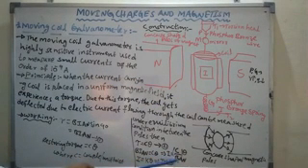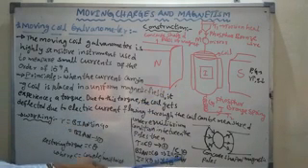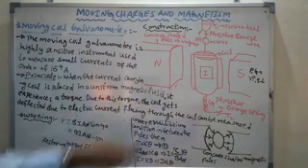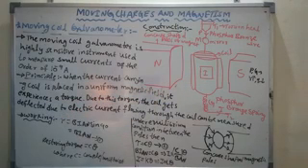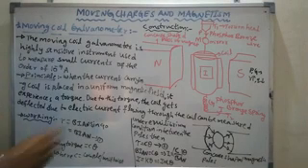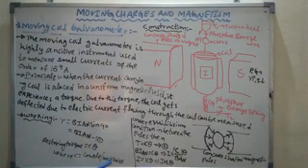B is the magnetic field, and A is the area of cross section of the coil. N is the number of turns in the coil. Theta is the deflection that takes place in the coil. That deflection can be measured by using a lamp and scale arrangement.